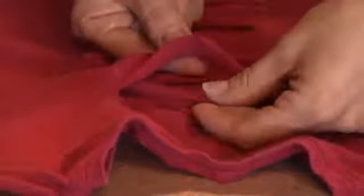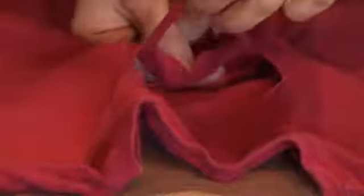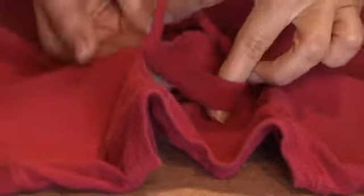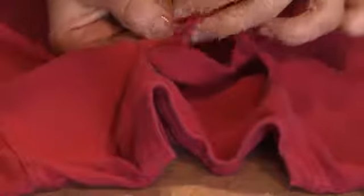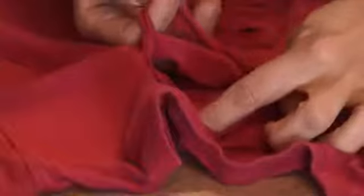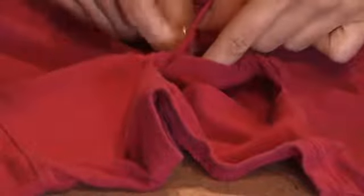After you've taken the top layer over the second, then you're going to take the second layer, roll it over to the third layer, and then fold it under and pull the third layer over the first top layer. And you're going to continue this process all the way down your shirt. That way you create a kind of seam on the sides so that your design stays in place and doesn't